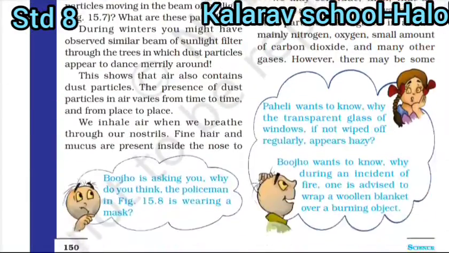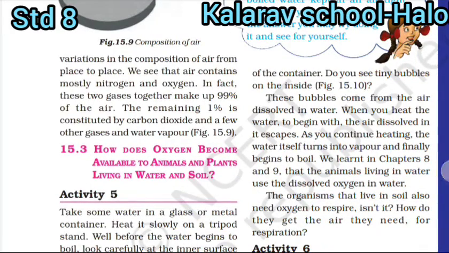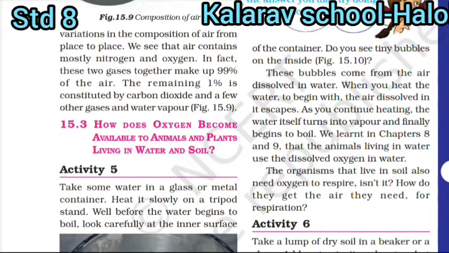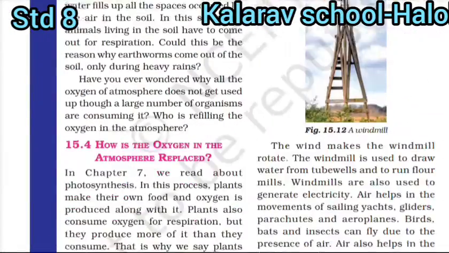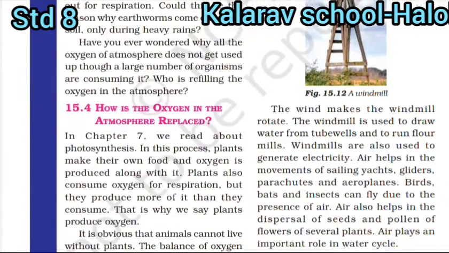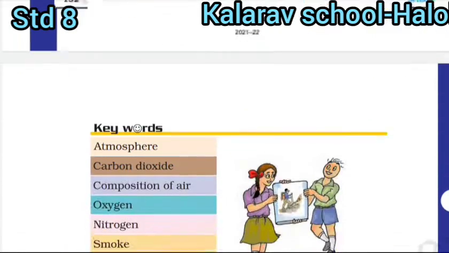फिर उसके बाद हमने पढ़ा किसके बारे में बेटा, कि ऑक्सीजन जो है वो कैसे प्लांट्स और एनिमल के लिए अवेलेबल होती है. फिर उसके बाद में हमने पढ़ा है विंड मिल के बारे में, और हमने पढ़ा कि एटमॉस्फेयर में ऑक्सीजन रिप्लेस कैसे होती है. और ये अब इसके कीवर्ड्स हैं